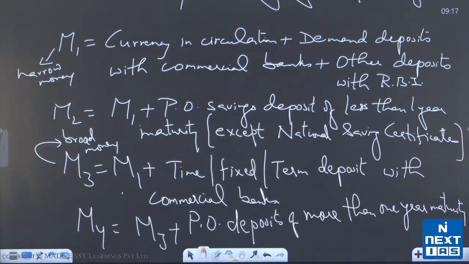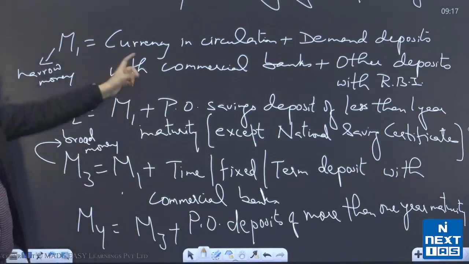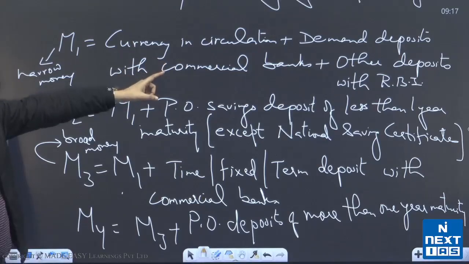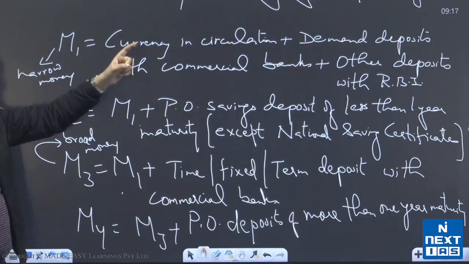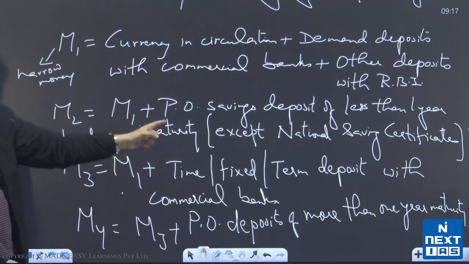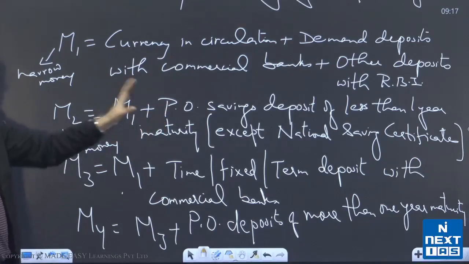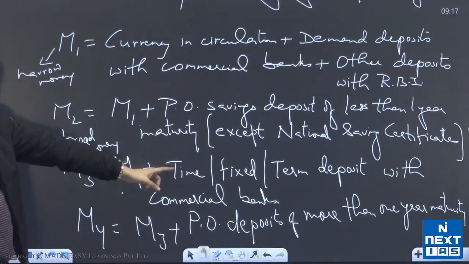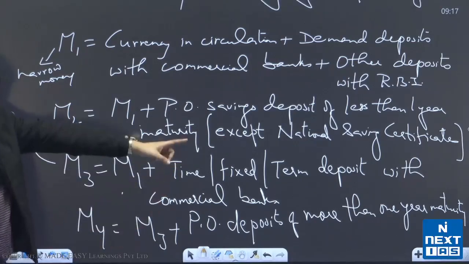All right? So, M1 narrow money, we talk about it as currency in circulation, plus all those deposits which can be withdrawn freely, plus other deposits with RBI kept by international institutions which can be withdrawn freely. M2, which is M1, plus post office deposits of less than 1 year maturity, except NSC. M3, M1 plus time deposit or fixed deposit, and M4 as M3 plus post office deposits of more than 1